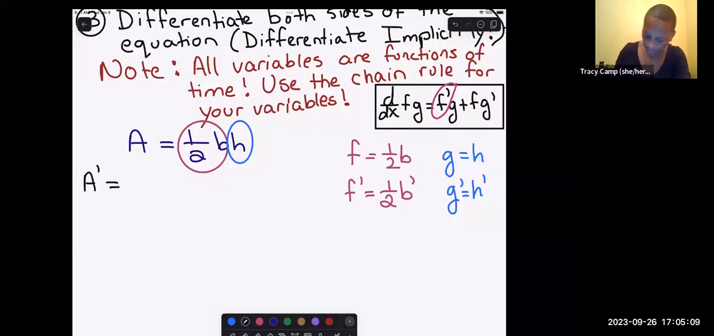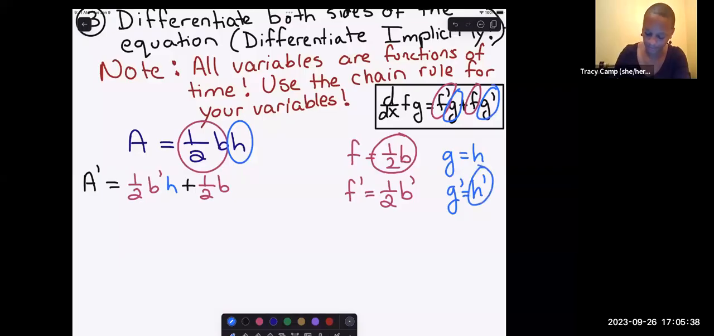So I will have my 1/2 b prime, that's my f prime, and then that's multiplied by my g, which in this case is the h, and then this is plus my f, which is the 1/2 b, and then times my g prime, which is h prime. So I end up with, well, that's all I end up with, huh? That's it. So that's actually the third step, is to differentiate